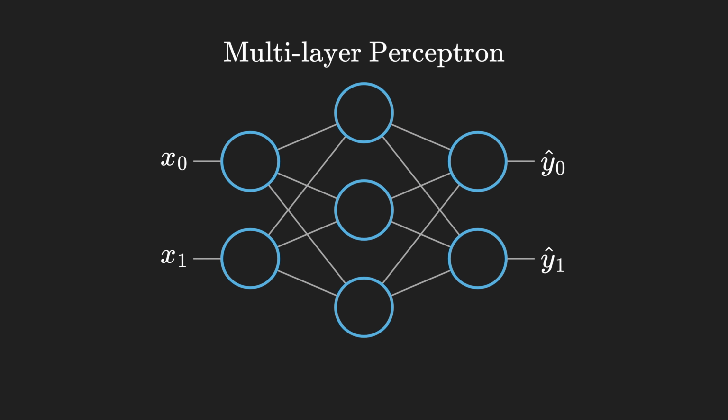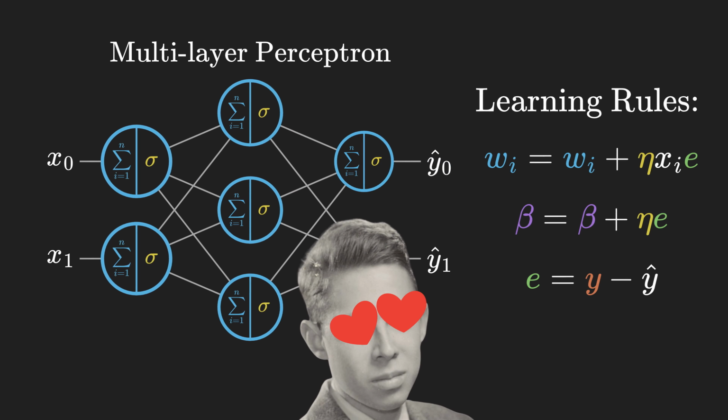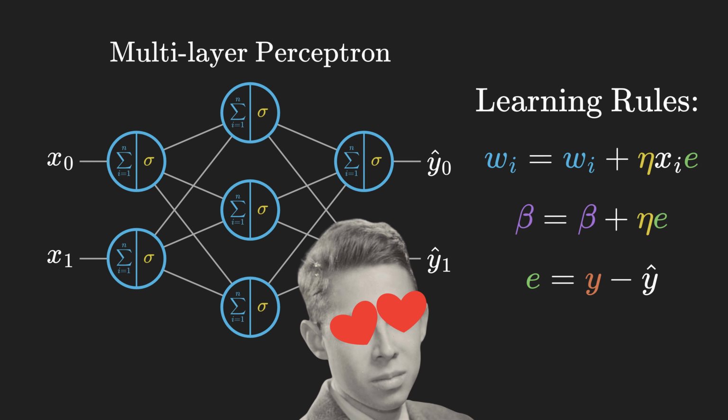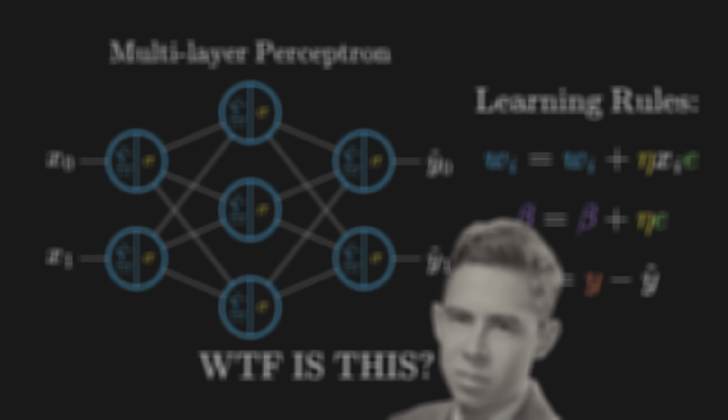Now, Ivakhnenko didn't use this exact architecture I'm describing. We're focusing on a more modern shape of the multi-layer perceptron, but his idea was quite similar. Adding these activation functions comes at a cost, though. With a simple perceptron, we could train it using Rosenblatt's original learning rules. But because of the multiple layers and nonlinear functions, that method no longer works. So we don't have an efficient way to train this model.